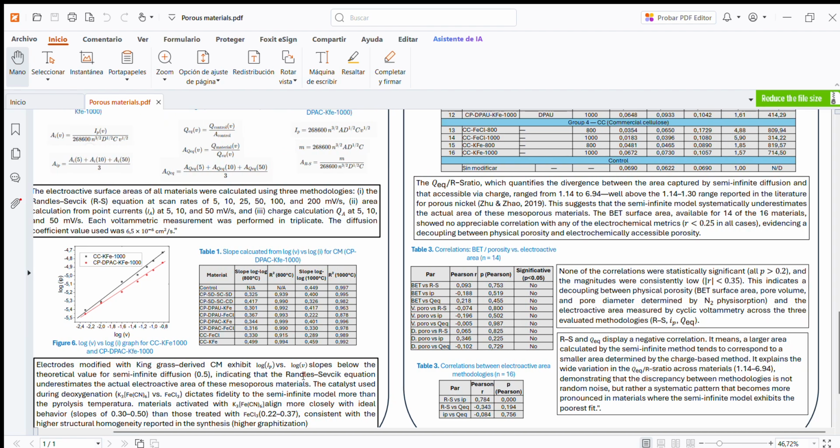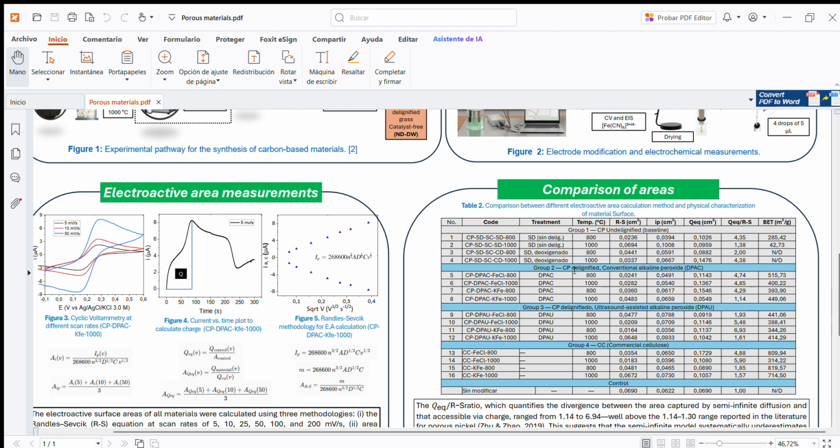But the interesting thing here, the most relevant result of this work, is that when you try